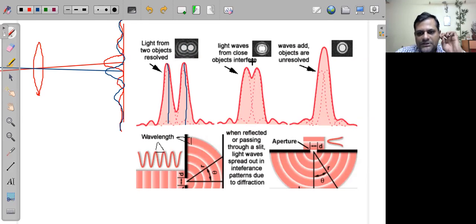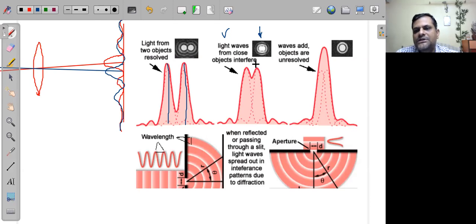और इसलिए उसको हम बोलेंगे वेल रिजॉल्व्ड। ठीक है, वेल रिजॉल्व्ड। But when these two diffraction patterns are mixed in such a way that there is a confusing situation, like we cannot distinguish whether these diffraction patterns are of two different objects or there is only one object, then in that case we can just say that these images are just resolved. Just resolved matlab these diffraction patterns are just mixed in such a way that there is a doubtful situation. Doubtful, कभी कभी हमको वो दो अलग अलग दिखेंगे, कभी वो हमको एक ही दिखाई देगा,